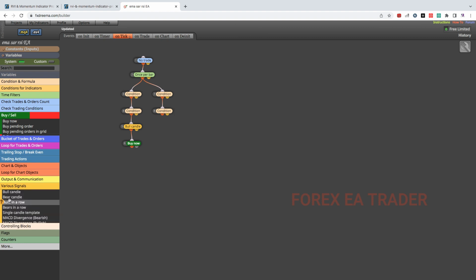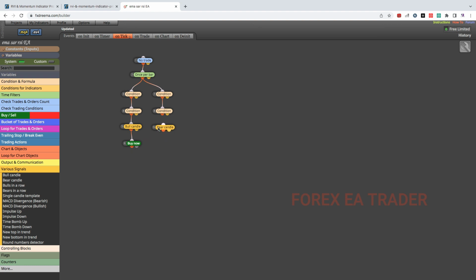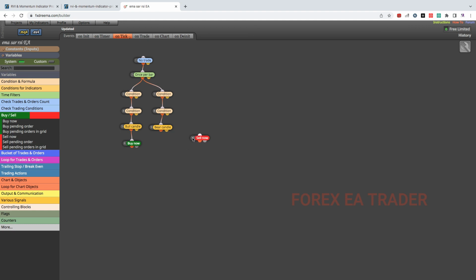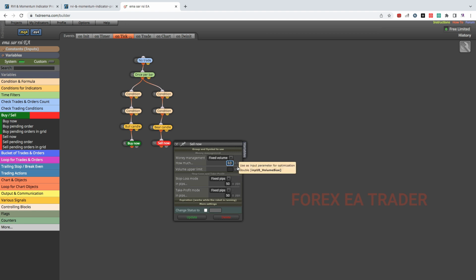Then I'm going to come back to various signals again. I'm going to check for a bearish candle. Apologies. Bearish candle like that, and again you can click in there and you can change whatever you want to change, and you update. After that, then we come here and we pick our sell now, and we link it like that, and we double click, and we edit whatever we want to edit there in terms of lot sizing and stop loss, as well as TP,